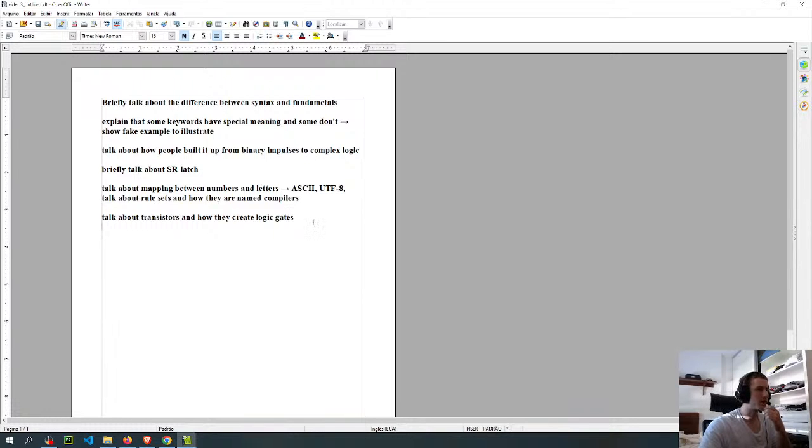Then I want to say that this sequence of rules that we make agreements with are the things that people call compilers. So pretty much sequences of rules that allow us to simplify the abstraction of the collection of zeros and ones into something that is easier to understand for human beings.